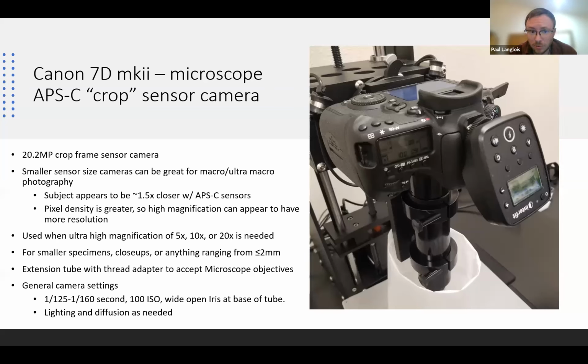So our second camera we use is a crop frame sensor camera that we have adapted a microscope tube lens on that takes microscope objectives. So the 7D Mark II is a 20 megapixel crop frame sensor camera. So a fairly high megapixel for a crop frame, but